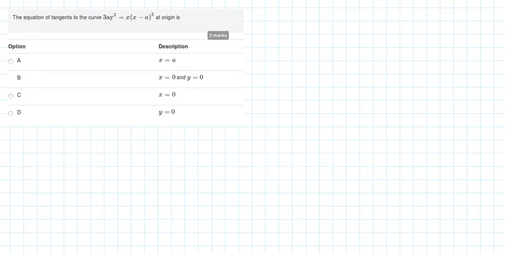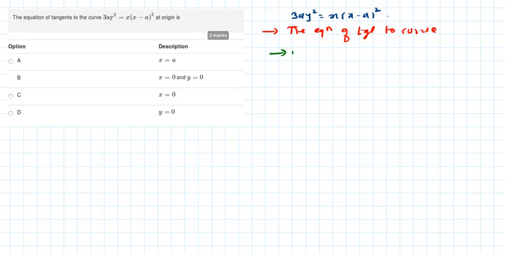Next question, the equation of the tangents to the curve. We will write the curve first. The curve is given 3a y square equal to x into x minus a whole square. So we have to find the equation of the tangent. The concept should be known here. The equation of the tangent to the curve is given by equating to 0